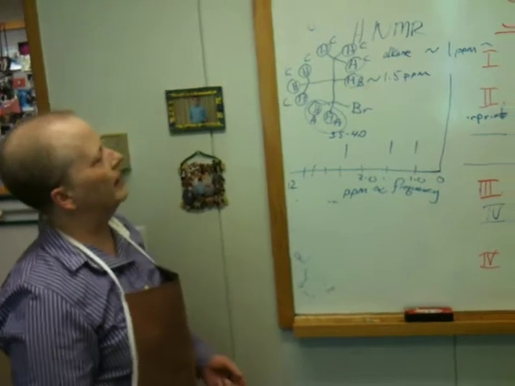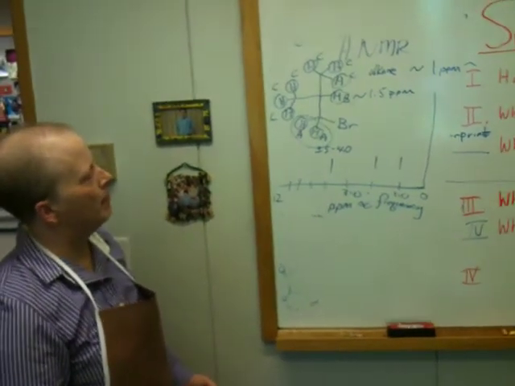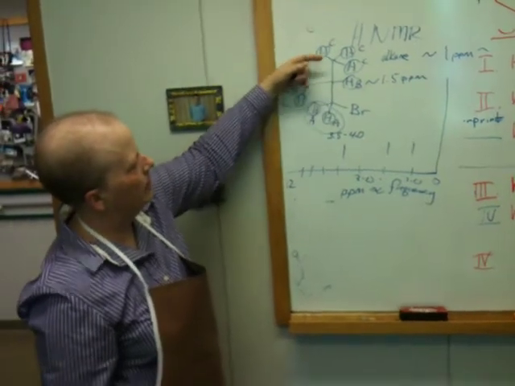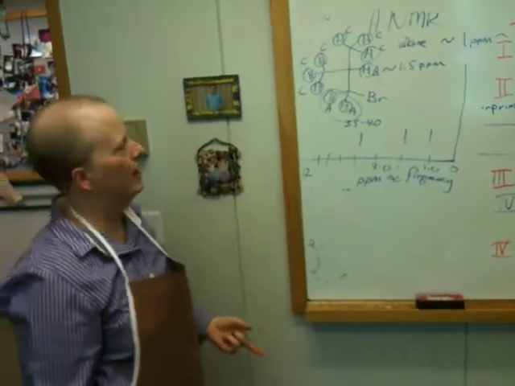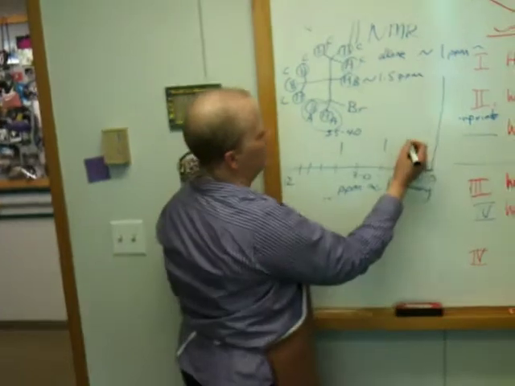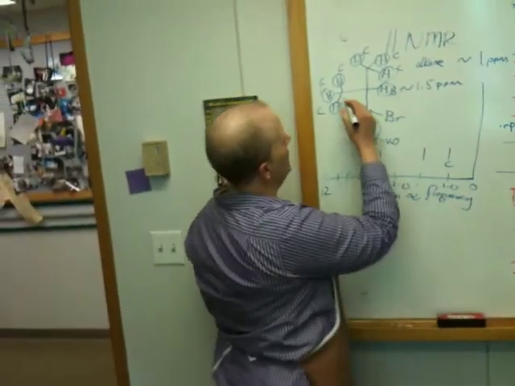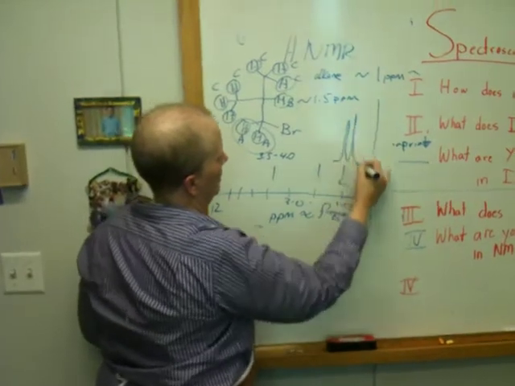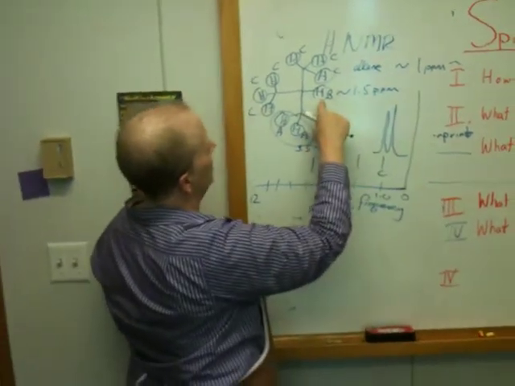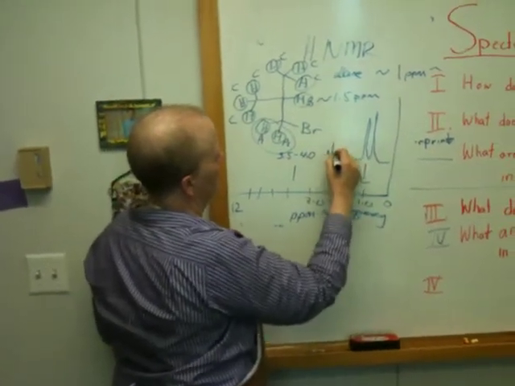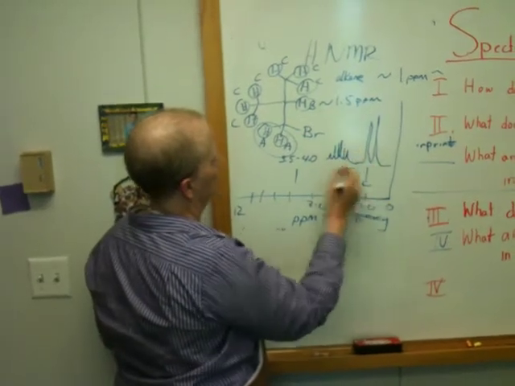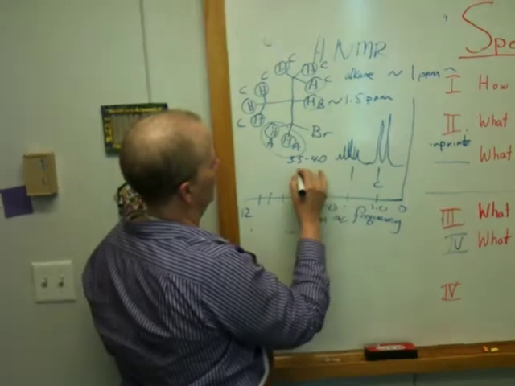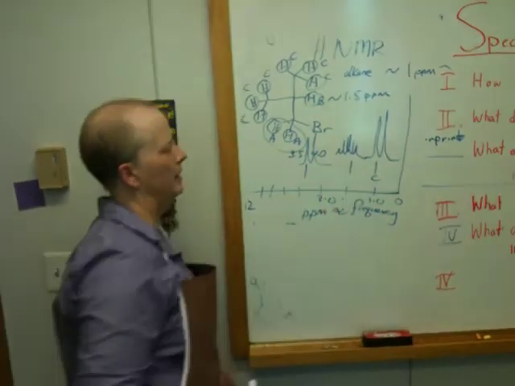The complicated thing about NMR is that in NMR you see a phenomenon that's known as splitting, okay? And it tells you about how many neighbors you have. So these C's, C would be here. These C's are actually going to be a doublet. I'll give you a little bit of information about that. These B's are going to be a multiplet because they're next to a lot. I'm just going to make kind of a messy looking multiplet here. And these A's are also going to be a doublet. It's getting a little complicated there. So